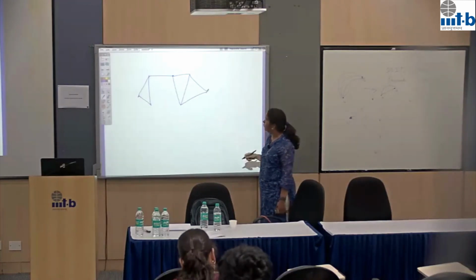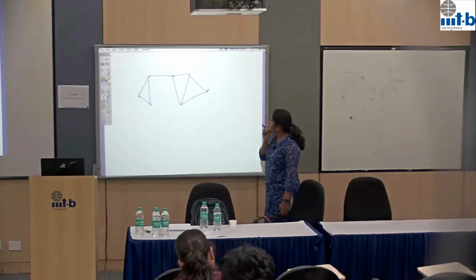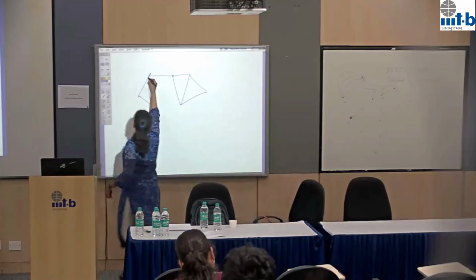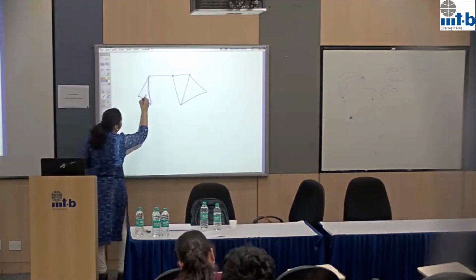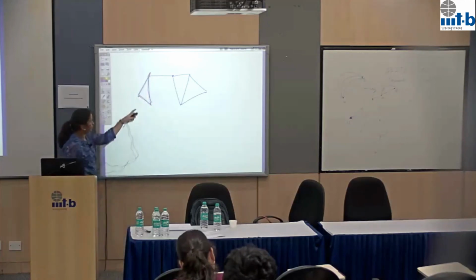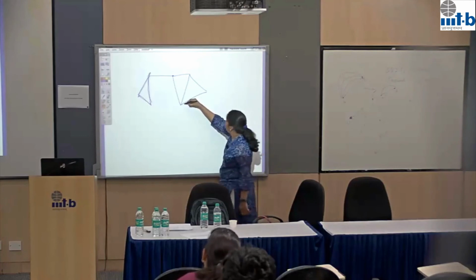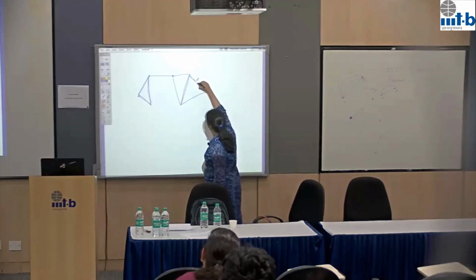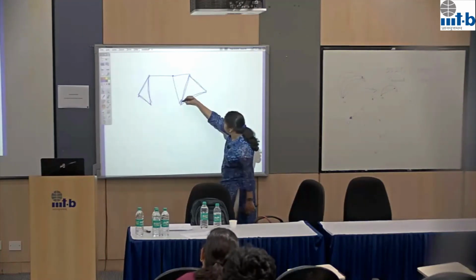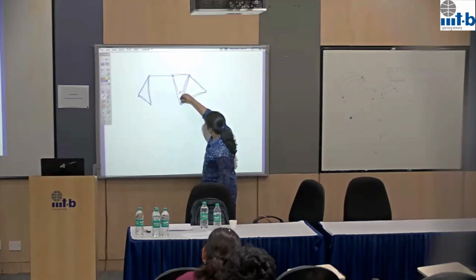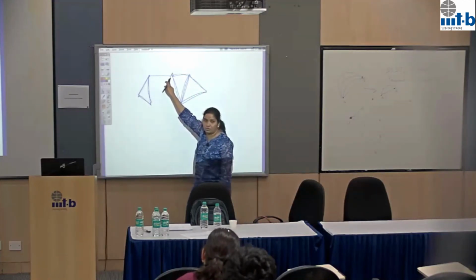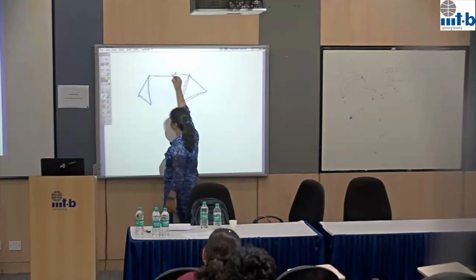Okay, so how can you do this in this graph? This is one clique. A triangle is a clique. You have covered these three edges. Again, to cover this, you need two cliques, right? This triangle is a clique. This triangle is a clique. You want to cover this edge also, so you take this K2, just this edge.